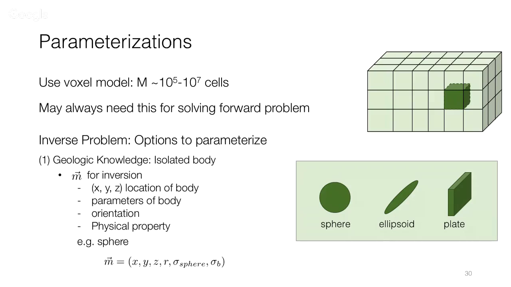Because if you think about geology, for instance, then maybe just representing the Earth in terms of a sphere, ellipsoid, or plate is actually perfectly fine. It captures the information that you really want to convey. That's enough. And then you're down to just hitting a few parameters: the location of the sphere, conductivity, radius, conductivity background. So you really change the